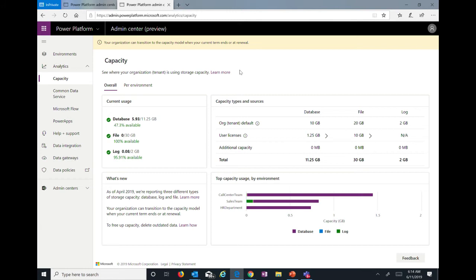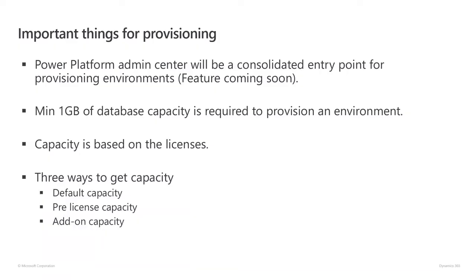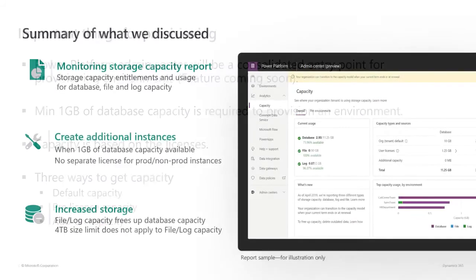So provisioning costs 1 GB minimum database capacity. As soon as the environments get provisioned, the 1 GB is taken away from that tenant, and that's the feature that's coming out very shortly. So just to summarize,